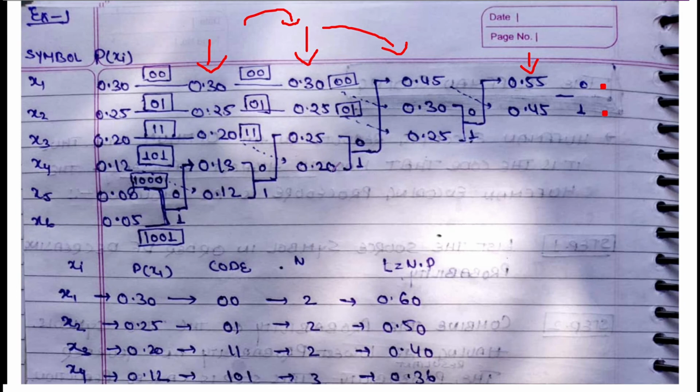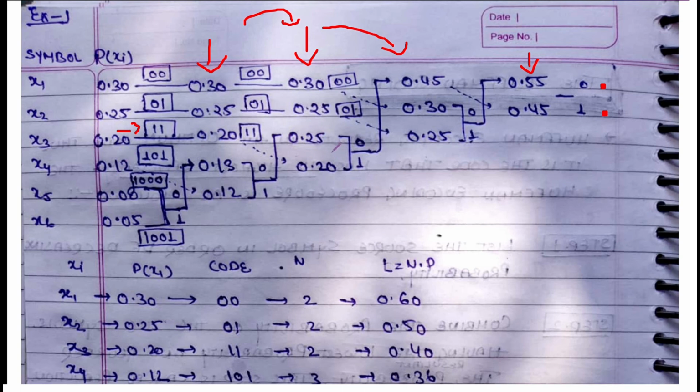right? Now since these two values have been split, I'm going to check the value which is directly coming from the other column without being added up. Among these, 0.20 is a value which is coming directly, right? So if I backtrack 0.20, I come back here. Now what will be the code for 0.20? Obviously, you see 0.45 had 1 and 0.20 has 1, so 1 and 1, that is why we have 1 1. And where is this 0.20 coming from? Obviously from here, so 1 1 is fixed for your x3 symbol, that is, the 0.20 probability.